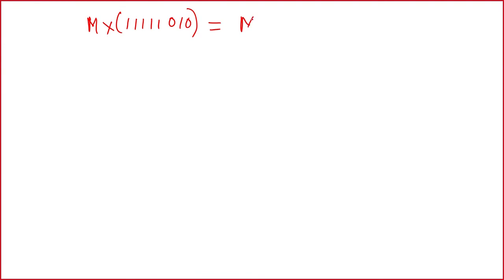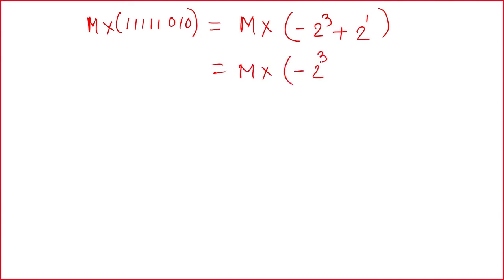So, this can be written as m into positions 0 1 2 3, right. So, minus 2 to the power 3, 0, 1, okay, plus 2 to the power 1, that we did. So, this is nothing but m into minus 2 to the power 3 plus, okay. So, what we do here,